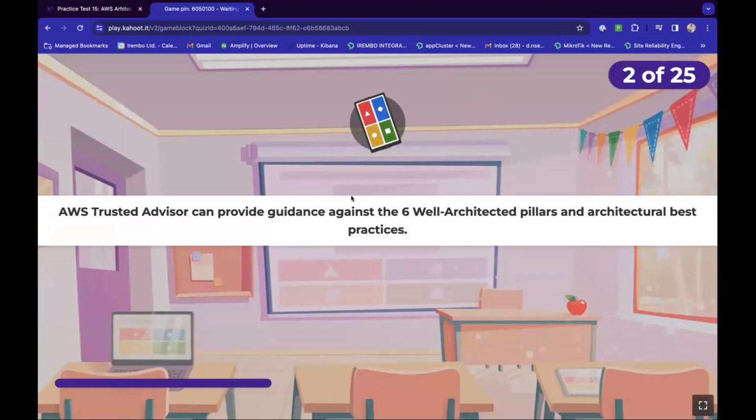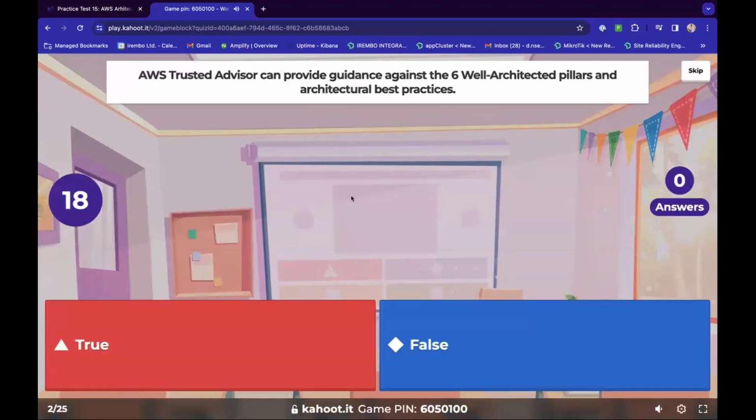AWS Trusted Advisor can provide guidance against the 6 well-architected pillars and architectural best practices. Is this true or false?